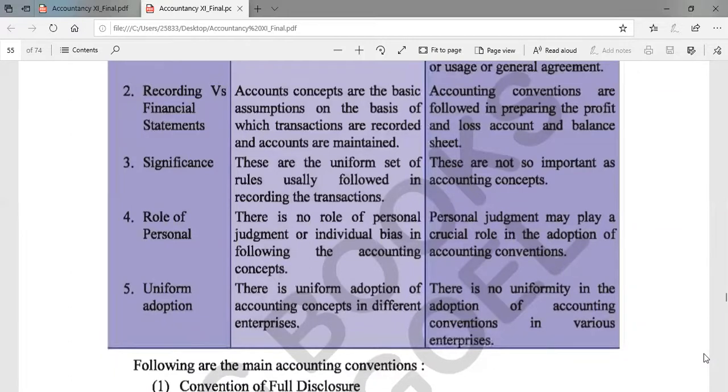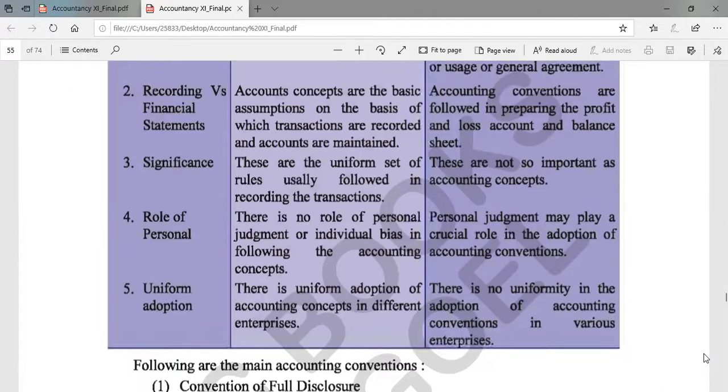That means we have got the source document, we have got the vouchers in place, so using which we can always verify, we can always recheck the transactions, whatever that has been recorded, and based on which the financial statements has been prepared. So यहाँ पर हमारा जो रोल होता है पर्सनल बायसनेस का, वो बहुत कम होता है, क्योंकि पर्सनल बायसनेस होगी तो ऑफ कोर्स आपके जो रिजल्ट्स होंगे वो करेक्ट नहीं होंगे, राइट? मगर कन्वेंशंस की जब हम बात करते हैं, तो मैंने आपको क्या बताया था कि कन्वेंशंस के अंदर कॉन्ट्राडिक्शन है. तो देयर आर 3 कन्वेंशंस, मगर उनके आपस में आप देखेंगे कि वो कॉन्ट्राडिक्ट करते हैं,